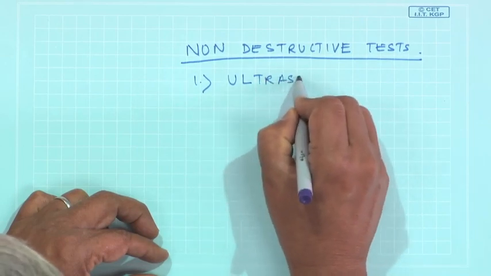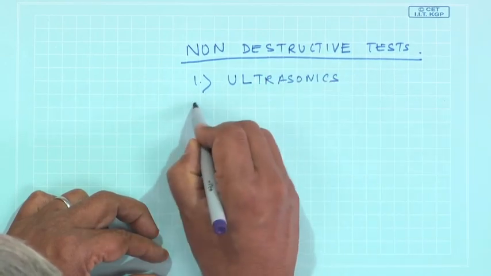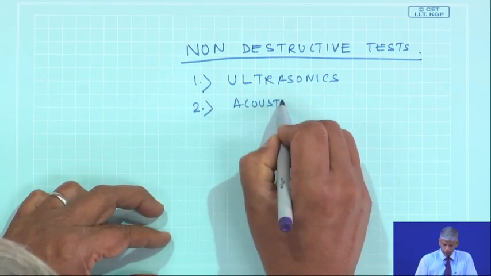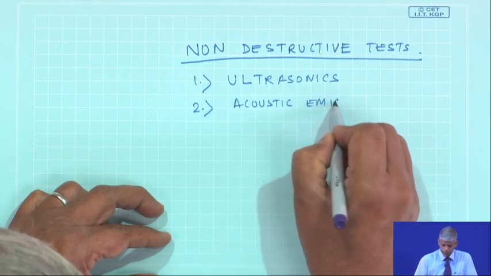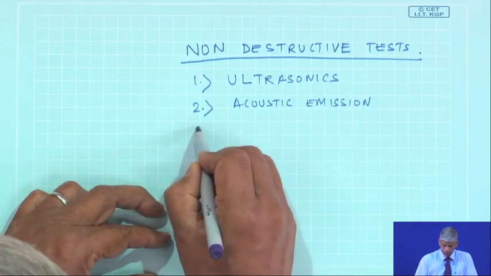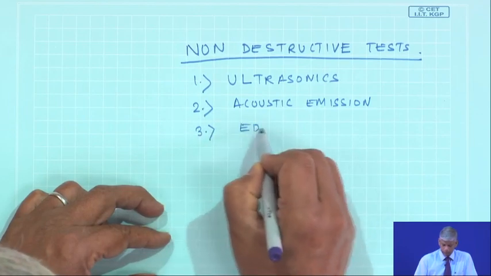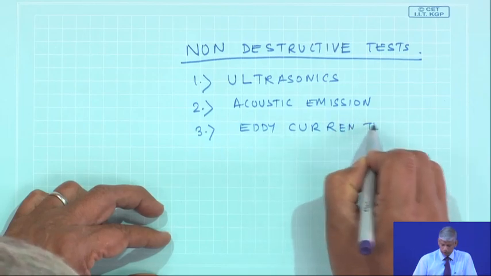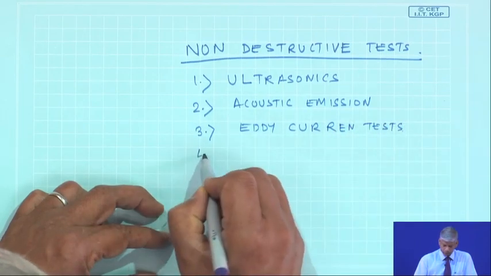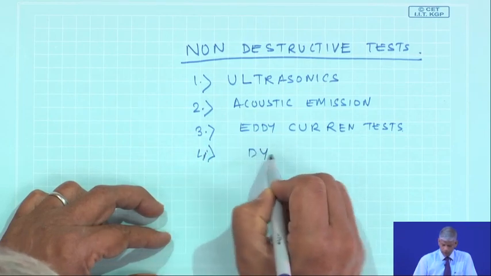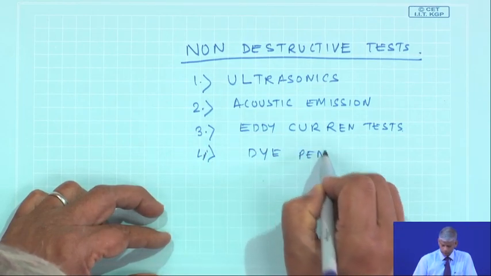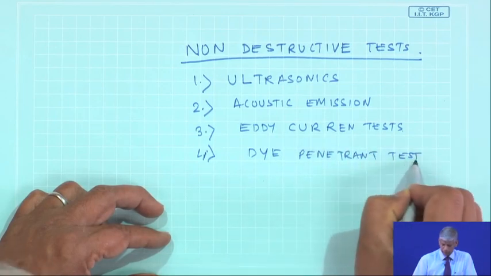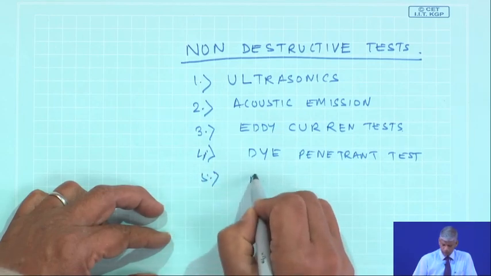ultrasonics is one of them. Then we have the acoustic emission, eddy current test, dye penetrant test, radiography,